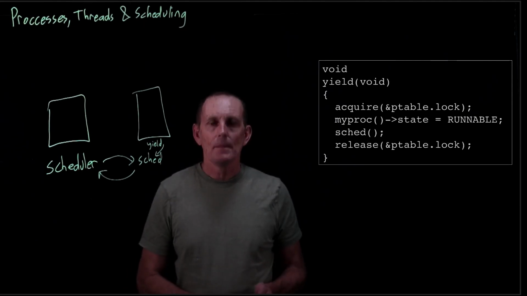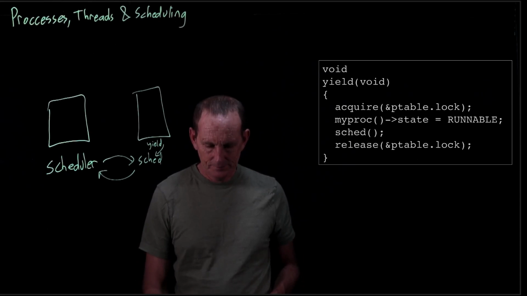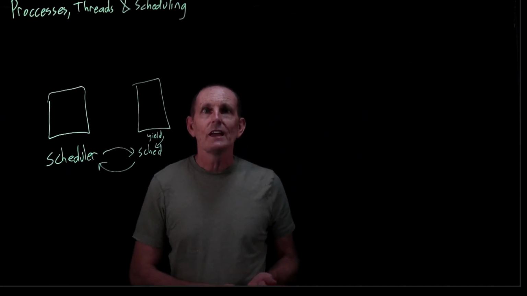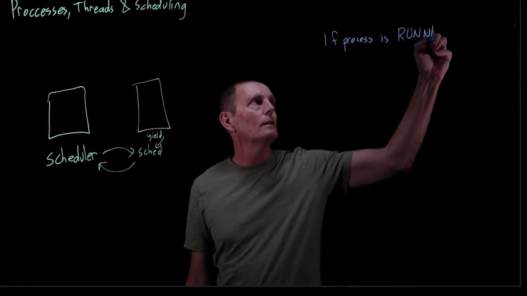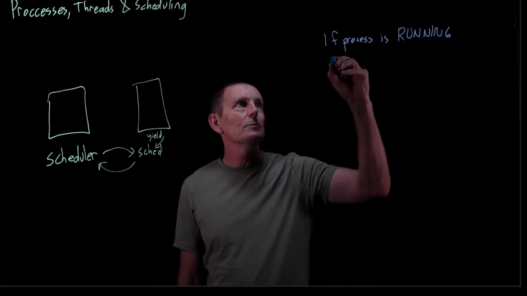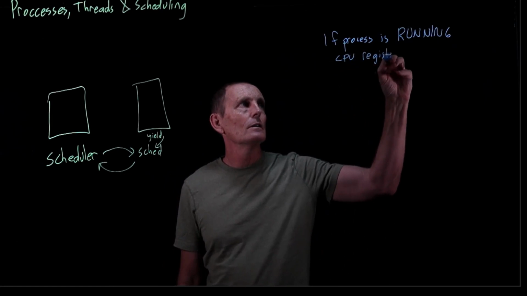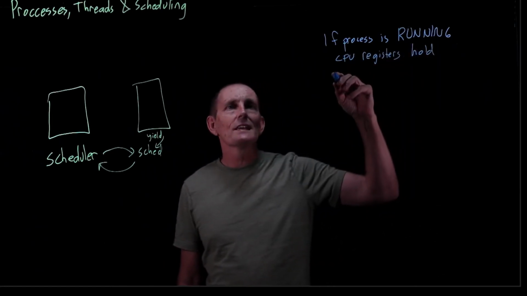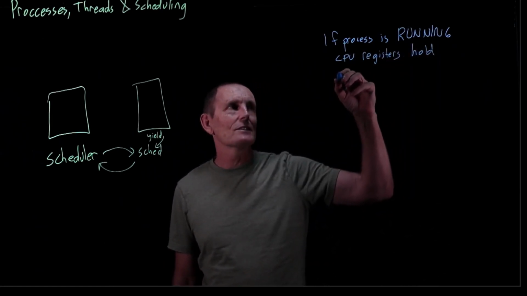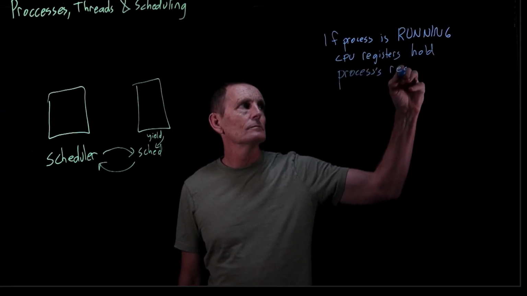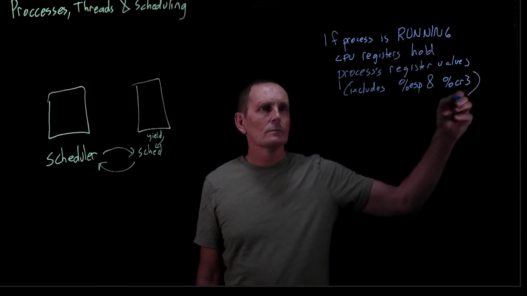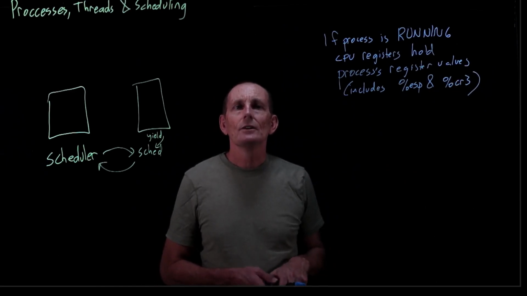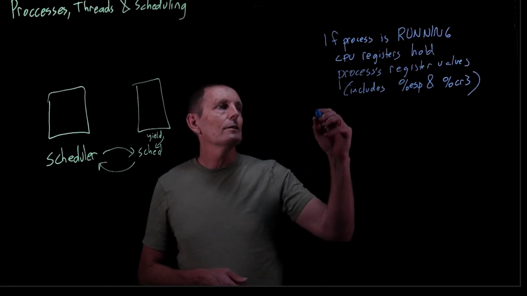We have some invariants. So the invariants are the following. If a process is running, the CPU registers hold the process's register values. And this includes the stack pointer and the page directory register. On the other hand,